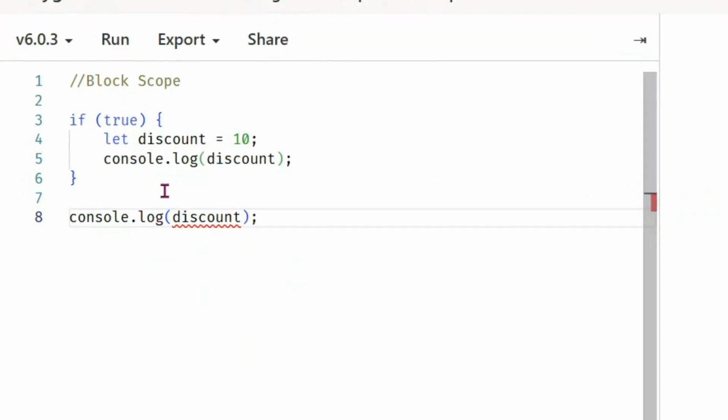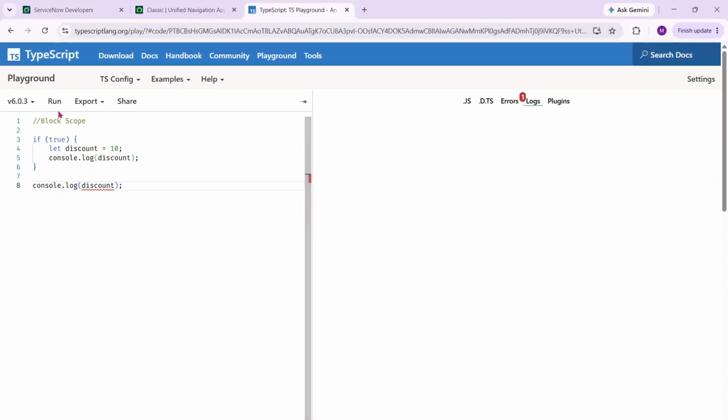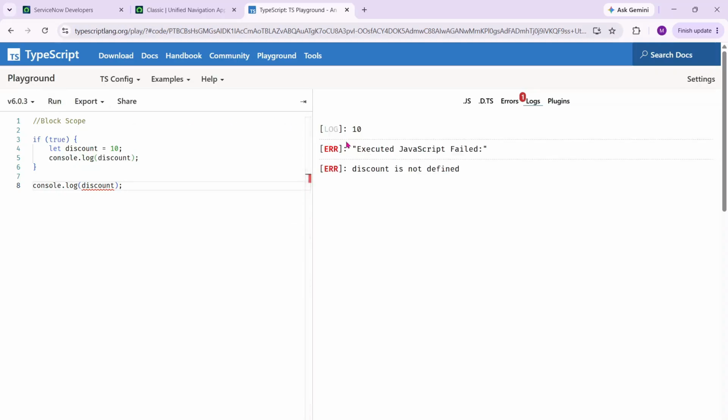So let's see in this example. I'm going to explain the block scope. As you understood what is global scope and local scope, what is global variable and local variable in the function, inside the function. But I have declared here at line number 3, you can see I have written an if statement. These line numbers 4, 5 are written inside this if block. I have declared a variable discount equal to 10, and inside it I am printing console.log discount. At line number 8, I am also printing console.log discount, and if I run this code, you can see this 10